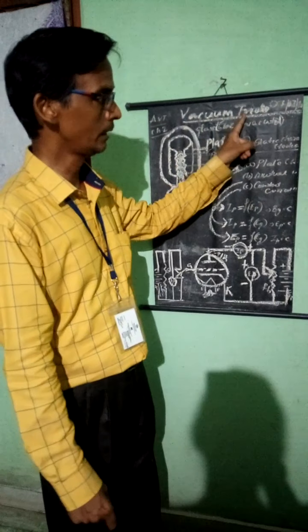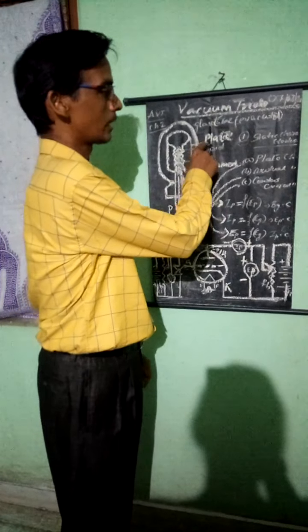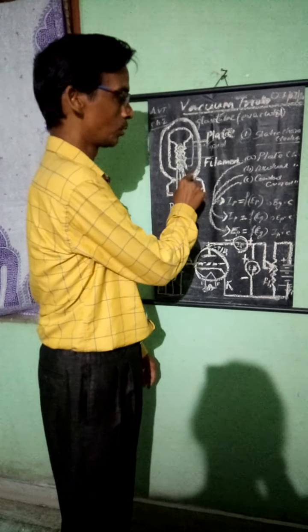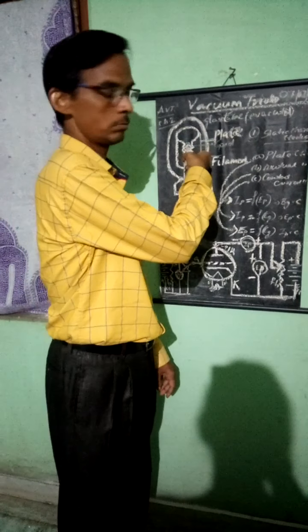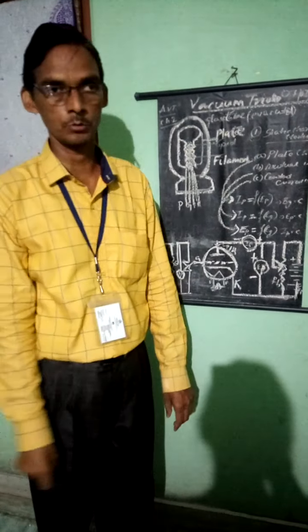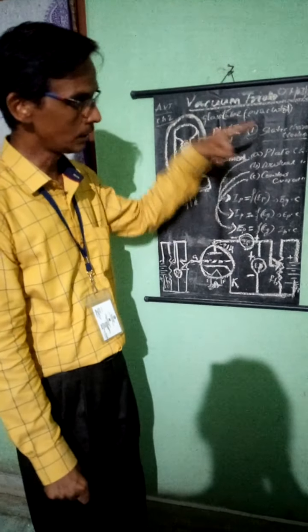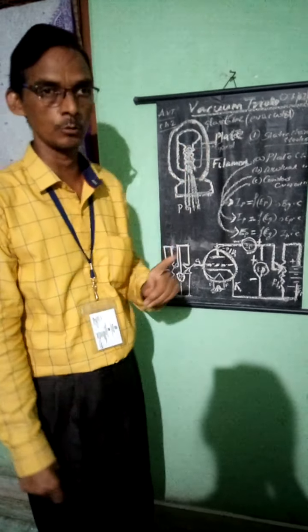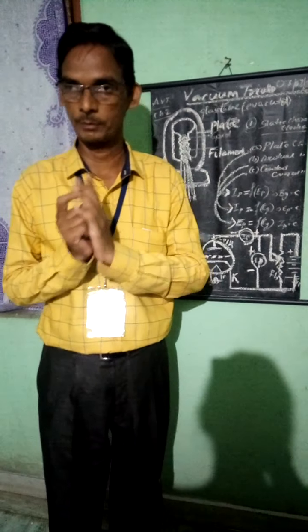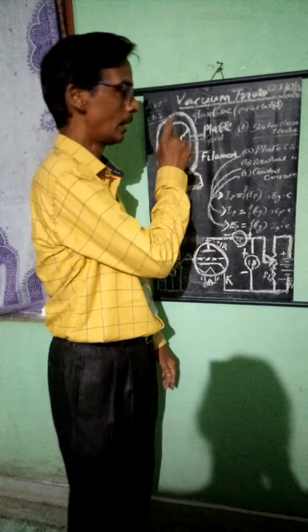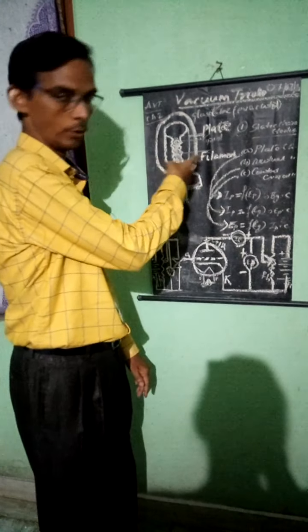I have classified all the vacuum tubes with respect to the number of electrodes used. Tri stands for 3, hence remember the vacuum triode consists of 3 electrodes. Those 3 electrodes are the plate and the cathode, along with another new electrode introduced in the vacuum triode. Previously, in the vacuum diode, you dealt with the plate and cathode only. Along with the plate and cathode, another electrode has been introduced, called the control grid, and this construction was given by the scientist Lee De Forest.